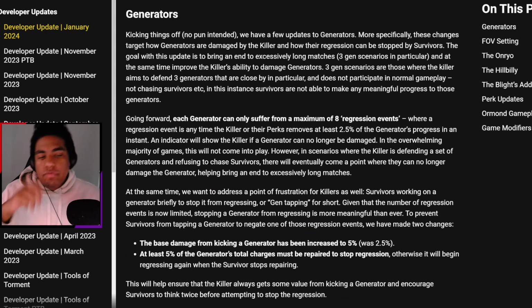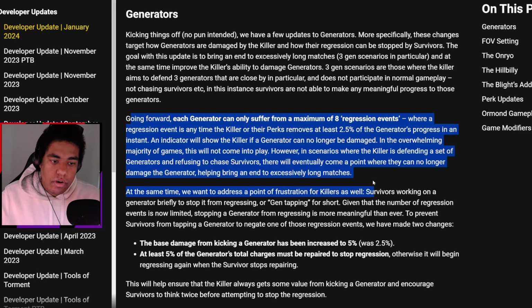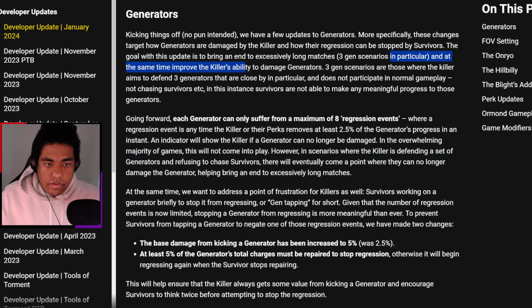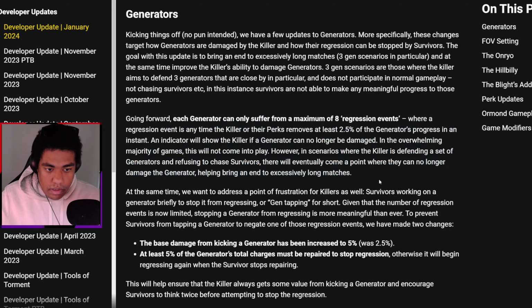Generator changes. The regression event thing is very interesting. I think the fact that they actually tried to force this to be the case scenario actually tones down killer's power in the long run very harshly. Again, this is done to prevent 3-gen scenarios, but the problem is that generators could have these regression events maximized before a gen even gets completed, depending on how you play. So